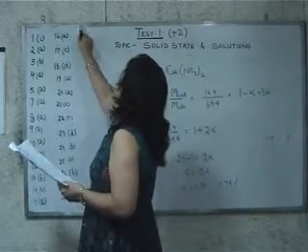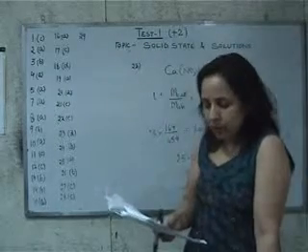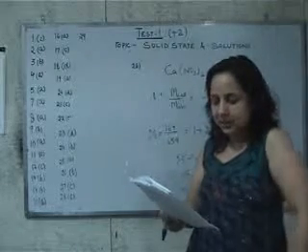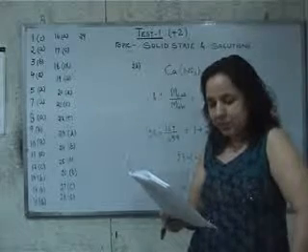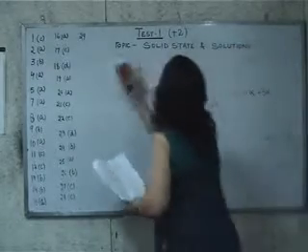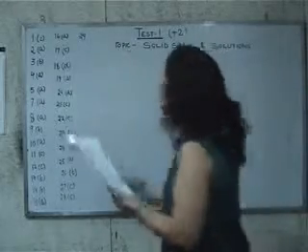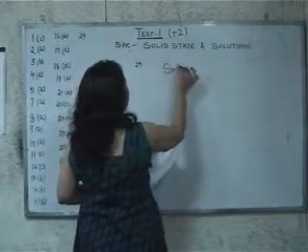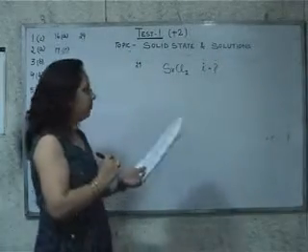Now question number 29. The 29th question is: a 0.128 molar solution of strontium chloride freezes at a temperature of minus 0.619 degrees Celsius. The value of the Van't Hoff factor for strontium chloride in this solution we want to calculate, and Kf is given to you. In the 29th question, we have a strontium chloride solution. The Van't Hoff factor i is to be calculated. We want to calculate the value of the i factor.